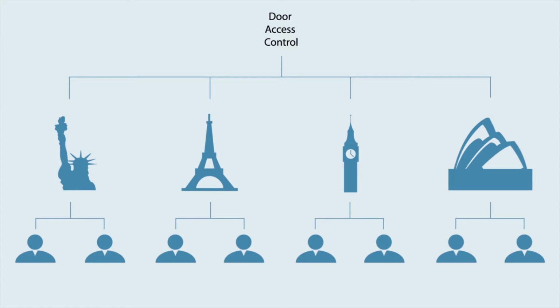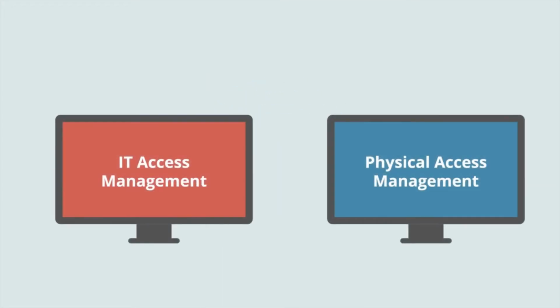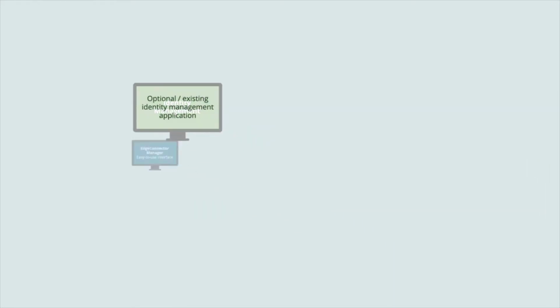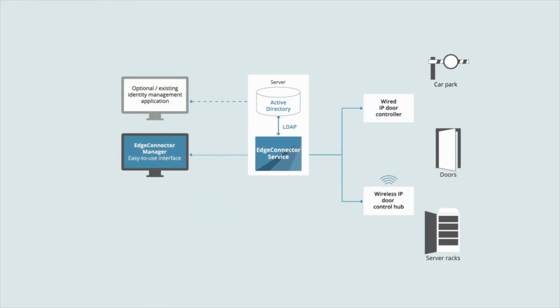The online architecture allows changes to access permissions to take effect instantaneously, no delays when adding new users or revoking existing rights. Security and HR teams benefit from simplified employee access administration. There's no duplication or double maintenance for separate physical and IT access control systems. Existing identity management applications that work with Active Directory for IT access control can now be used for combined IT